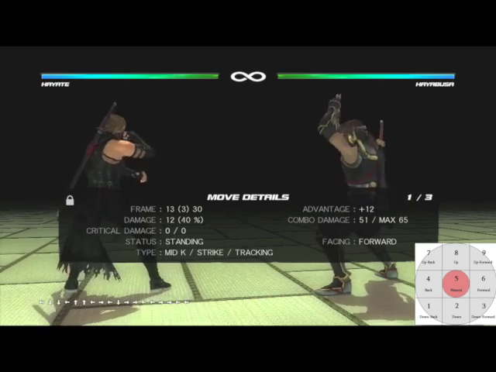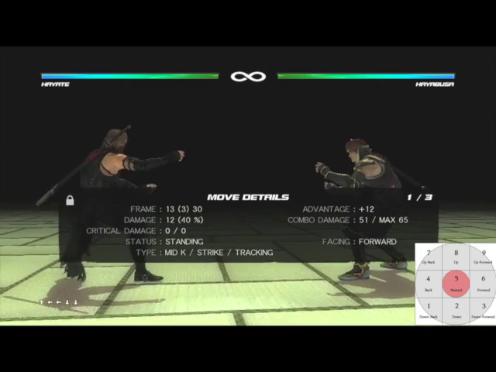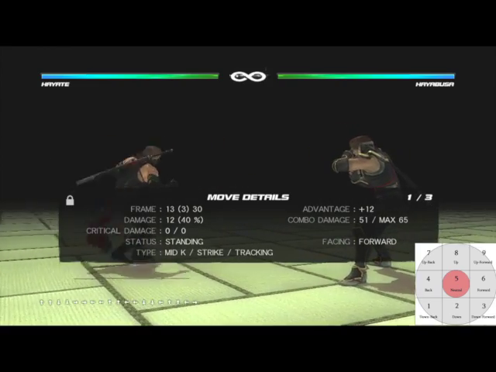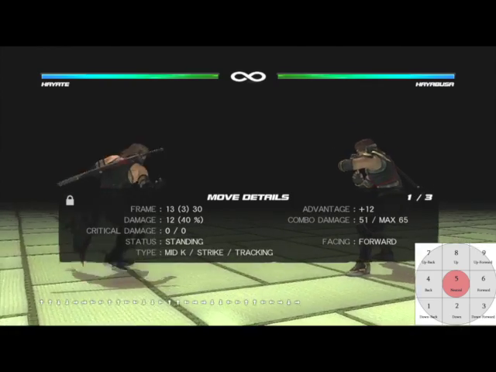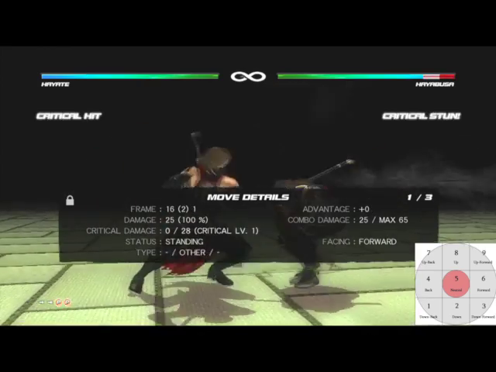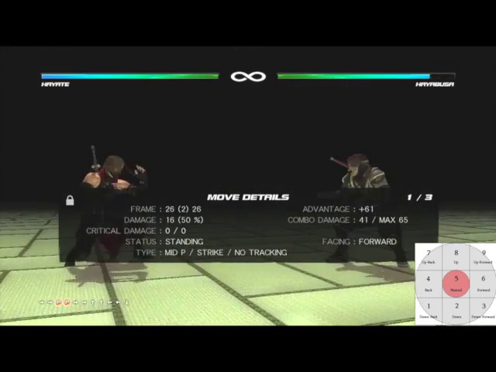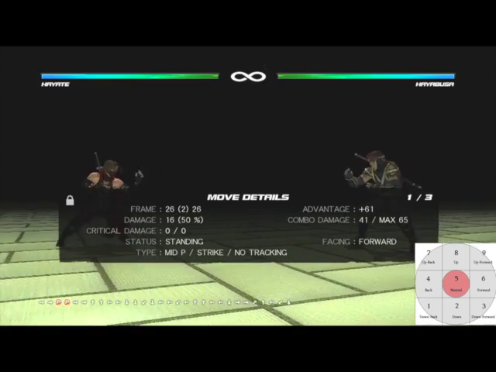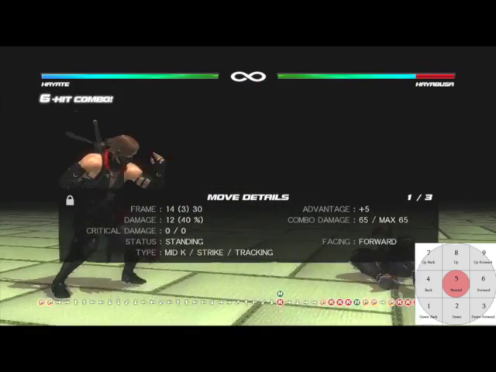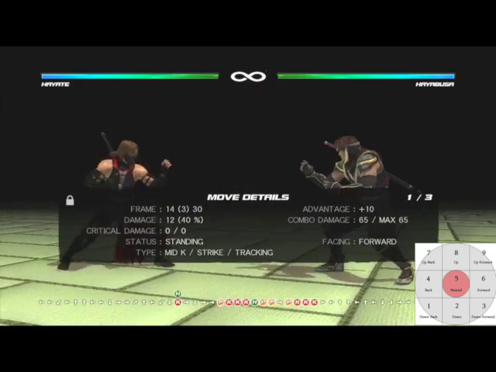Another good attack to use with Hayate from the medium range game is going to be his 6-6P. His 6-6P has a few options after it that make it a viable string, including his 6-6P2K, which is a sweep. He has his 6-6PP, which is another mid punch that gives you the ability to get your space back. He has his 6-6PK, which gives him a pretty good combo on normal hit. Counter hit you get a little more, but on normal hit he gets